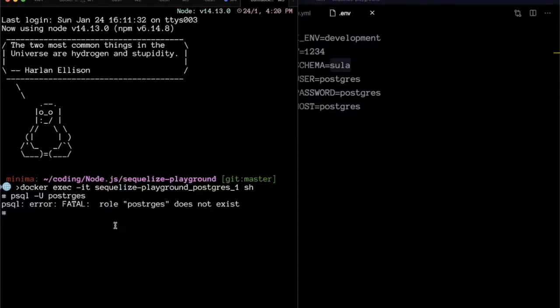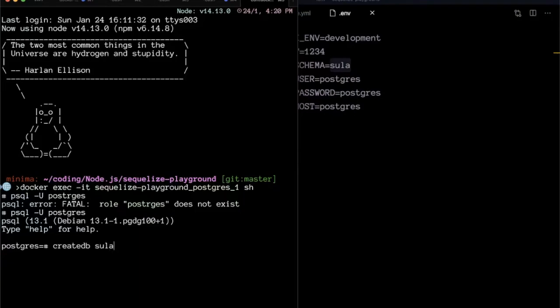So it says okay. We had a spelling mistake. Yeah, so we are inside our Postgres database, which is running inside the container. So I will say create database and name it Sula. So let's do it. The DB is created now.